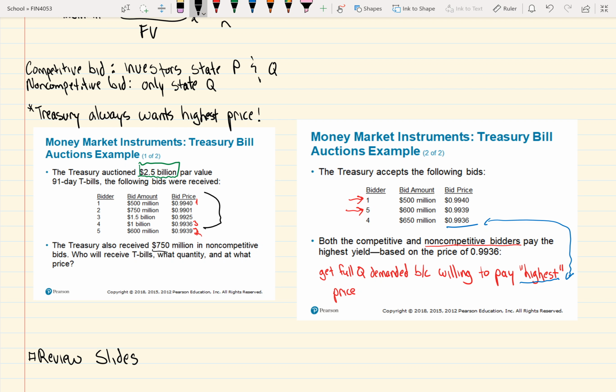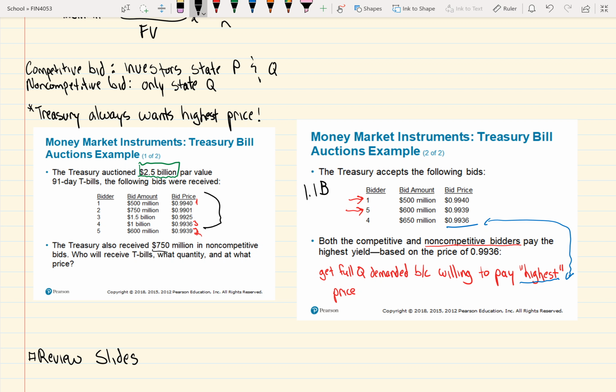up. So the first 2 highest are pretty straightforward, the 500 million to bidder 1, and then the 600 million to bidder 5. Of course, that equals 1.1 billion. And they still want to sell 2.5, so they still have 1.4 to go. So the